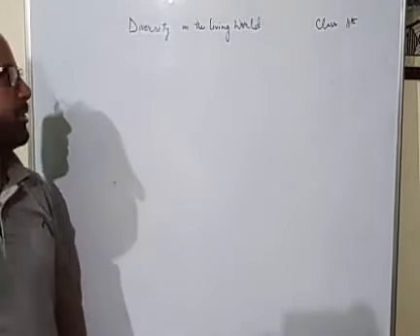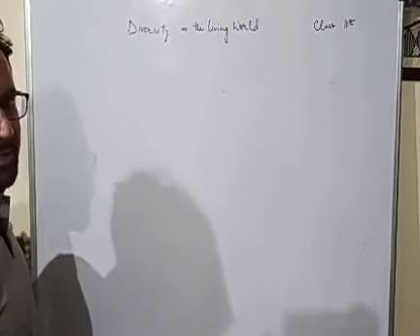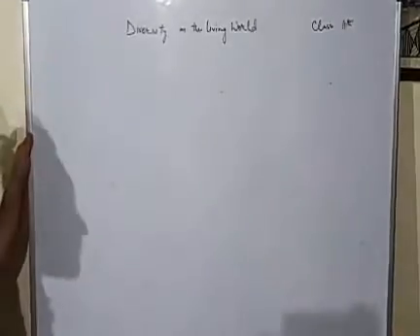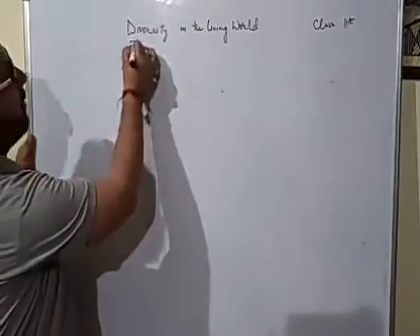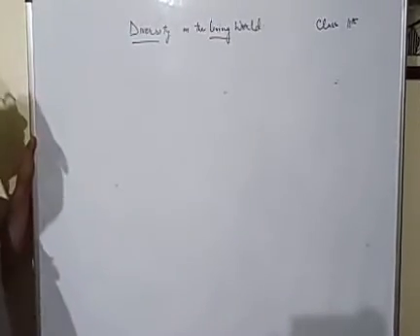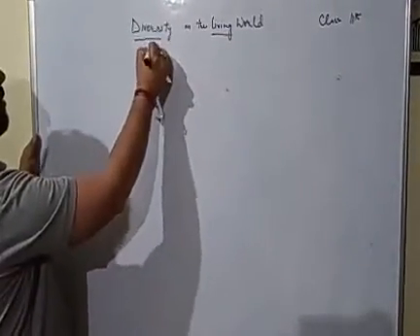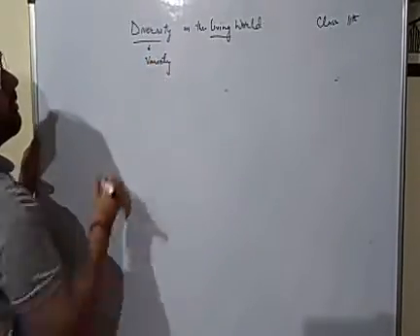Today we are going to start the first unit of Botany of class 11, that is diversity in the living world. So two words are coming here, diversity and living. What is diversity? Diversity means variety, and living,